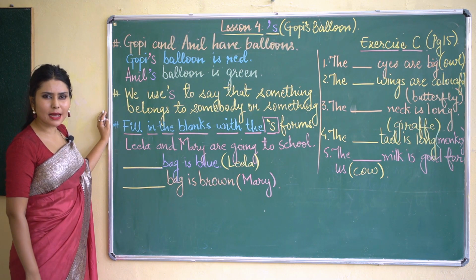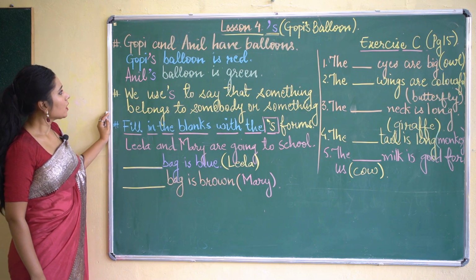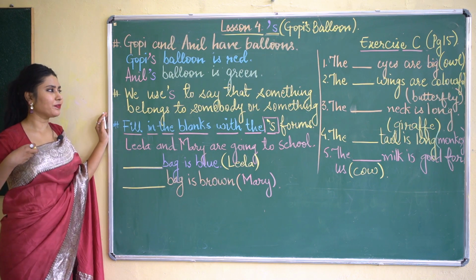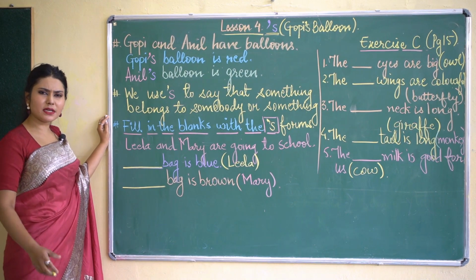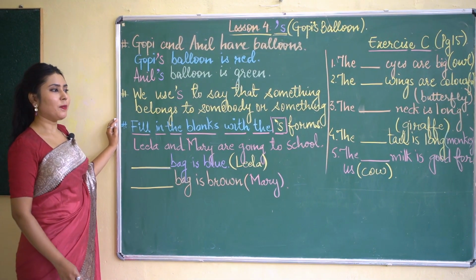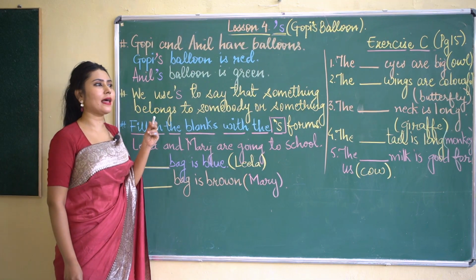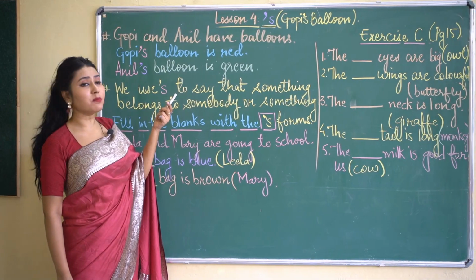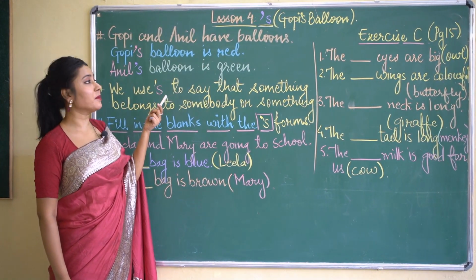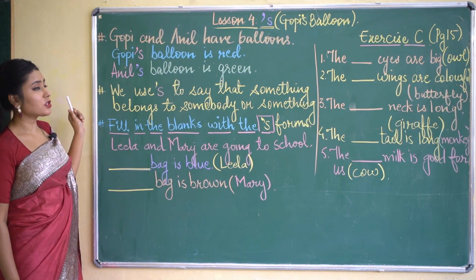It's a very small chapter, but still it is of great importance, because you need to understand that if you're trying to tell somebody or anyone that a particular thing belongs to you, how do you tell that in a symbolic way? By applying an apostrophe S. Let us take an example. It's written here on the board.